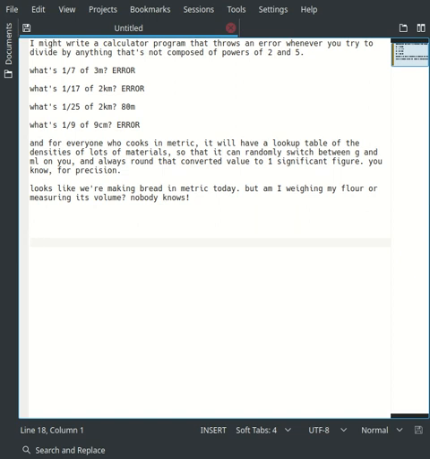So I think I might actually write this program, because I think this is just a beautiful satire of what is wrong with the idea that metric is a good system, because, oh my god, all of the things I'm saying here are, yeah, satirical, but also just accurate. These are very real daily problems with using metric that nobody notices because everyone has to deal with it. And whenever it's something that everyone has to deal with, people just ignore it.